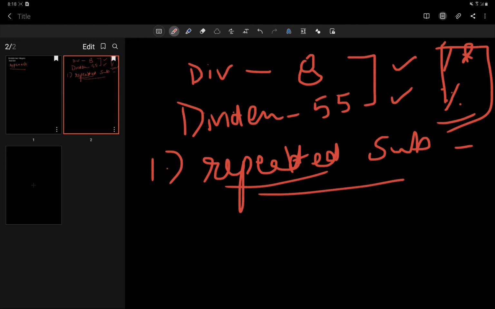In this approach, what we do is we subtract the divisor from the dividend, like 55 minus 8.